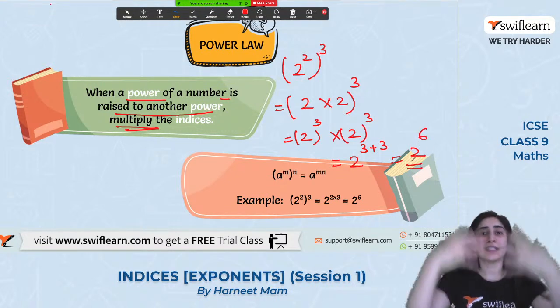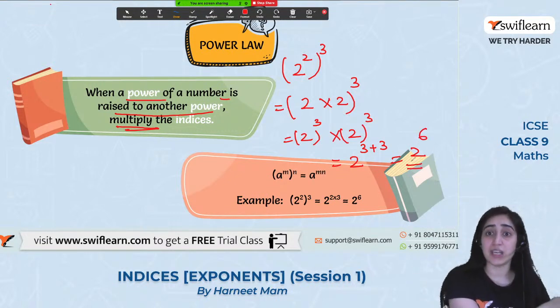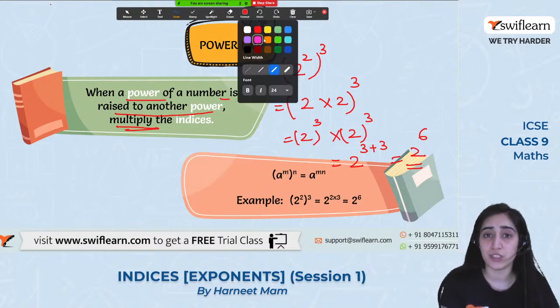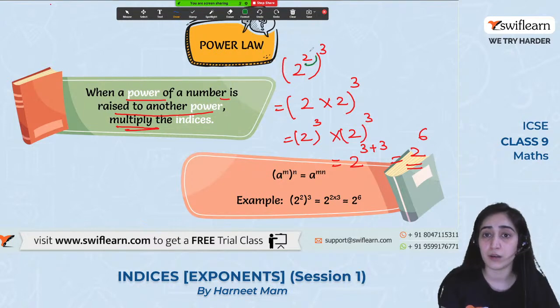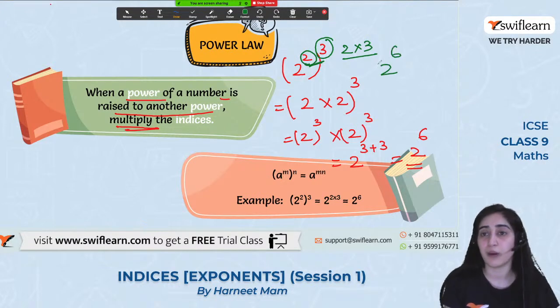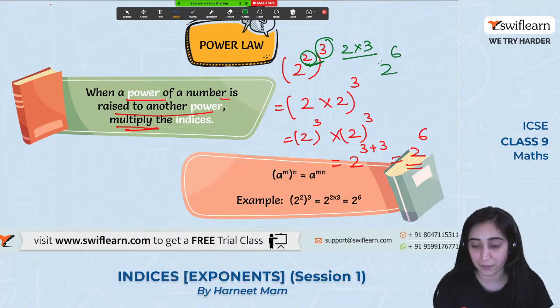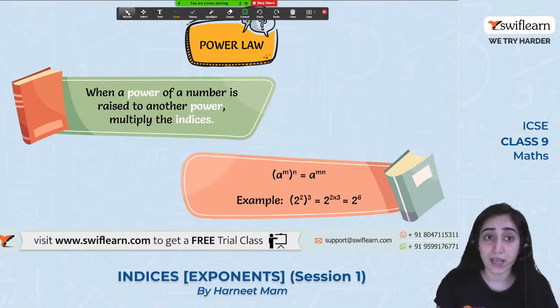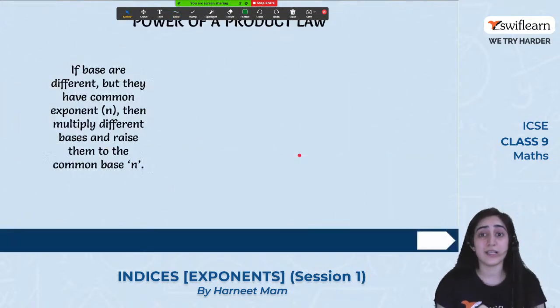तो इसीलिए हम इस चीज को दोबारा अगर प्रोडक्ट में लेके जाएं तो उसको हमने और सिंप्लीफाइड करके एक पावर लॉ बना दिया कि अगर जब भी कोई चीज का गाइस ये पावर के ऊपर पावर है, 2 पावर है, उसके ऊपर 3 पावर है, तो कुछ भी मत करो, 2 को मल्टीप्लाई कर दो 3 से, डायरेक्टली 2 raised to the power of 6 will be the answer. Clear?